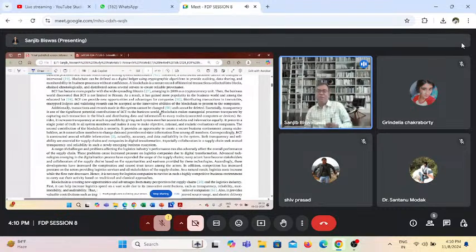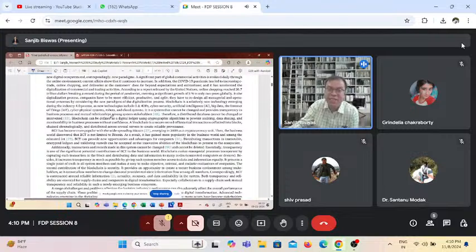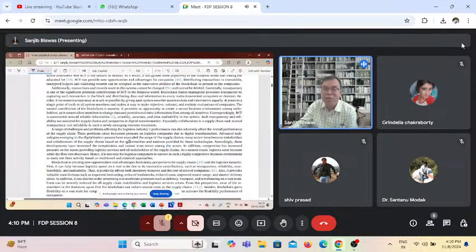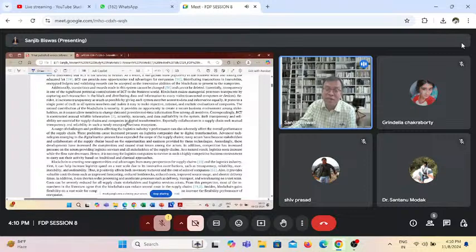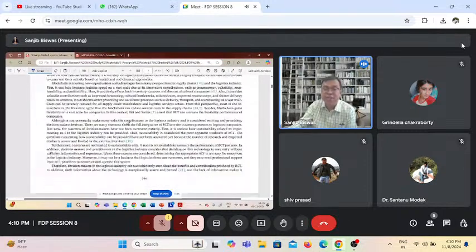This particular problem is actually dealing with the kind of challenges that any logistic service provider encounters when the service provider wants to implement blockchain technology. In this abstract section, we have highlighted all this part. What is blockchain? Why is it important? How is it revolutionizing the logistics industry? What kind of challenges are there? Advantages are there? This is the background of the problem, sensitizing. Why have we taken this problem?